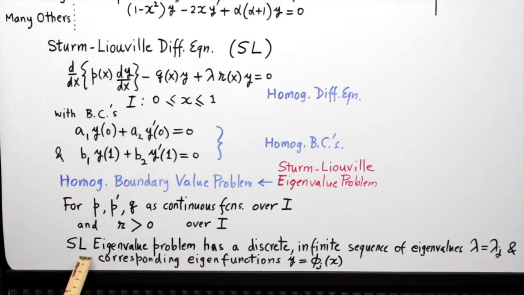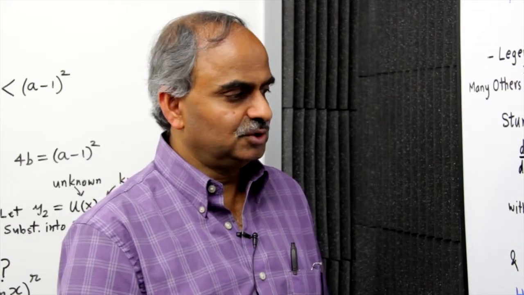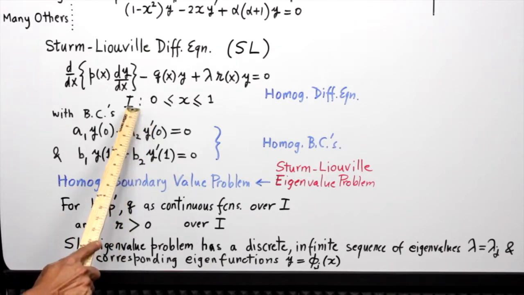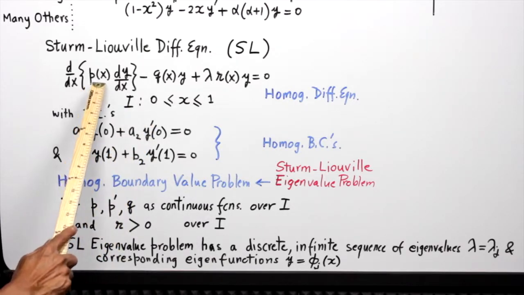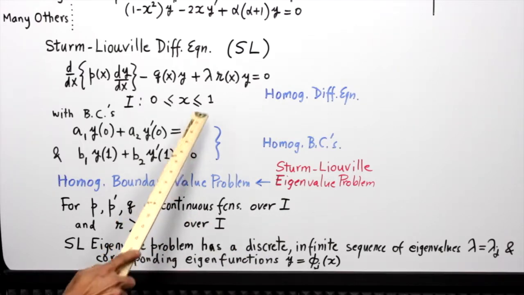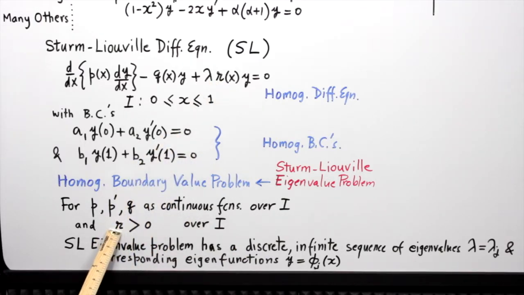So there is a result we want to summarize here, and then we will extend this discussion in terms of stating properties of solutions to the Sturm-Liouville boundary value problem. The result we want to state is that over this interval I, if the coefficients p, the first derivative of p, and q are continuous functions over this interval, and the factor r, which is called a weight function, we will see later why it's called a weight function, is a positive function, it can vary, it's not a constant, but it needs to be positive over this interval,